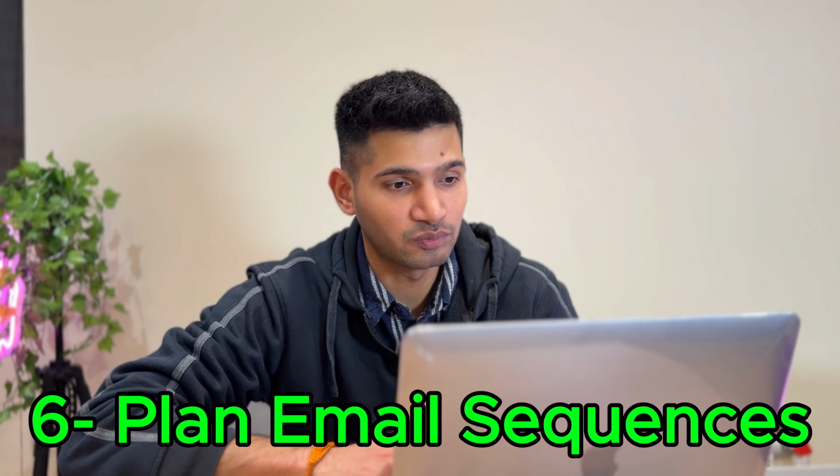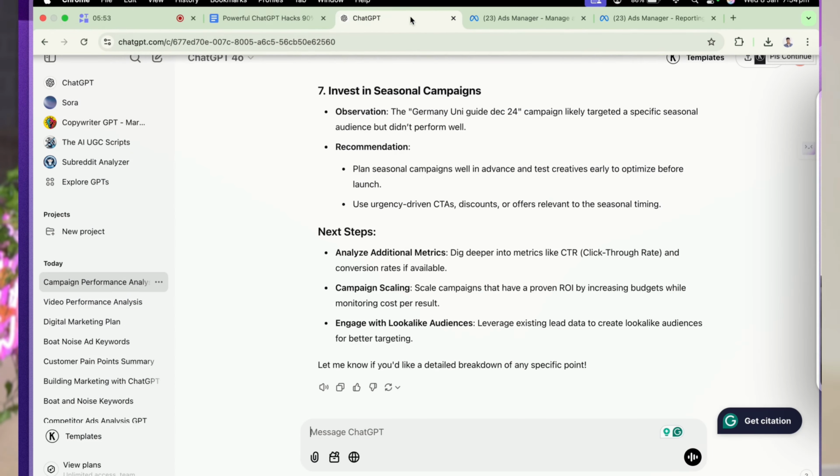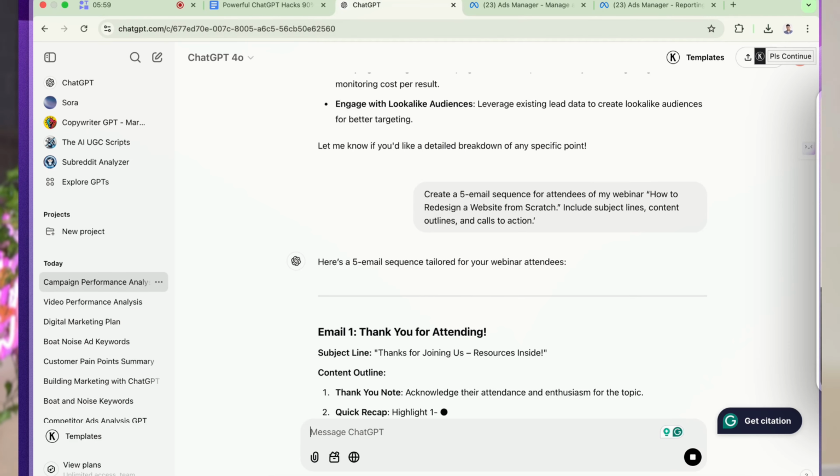All right. Next, number 6 is plan email sequences. To do that, you have to simply write this particular prompt, that is create 5 email sequences for my attendees of the webinar on how to redesign a website from scratch. Include subject line, content outline, and call to action. So again, what I'll do, I'll put this prompt in ChatGPT and we'll see